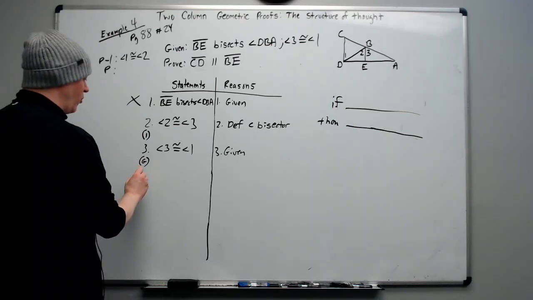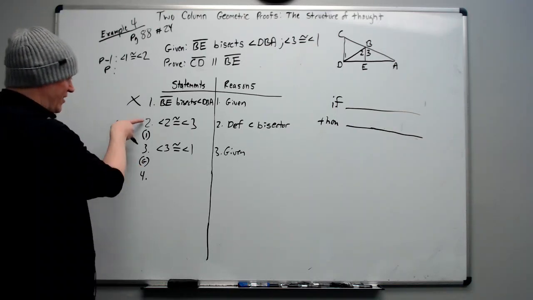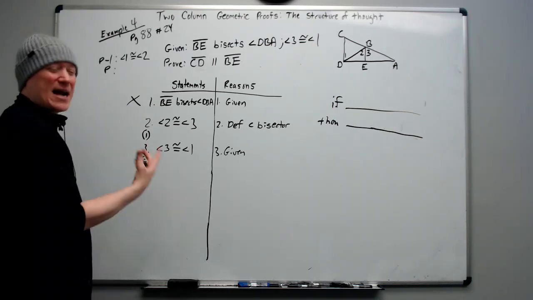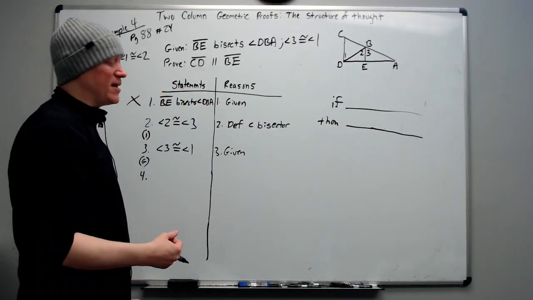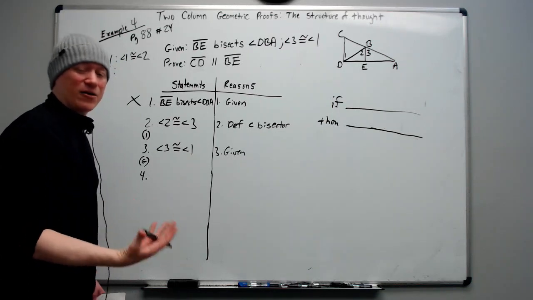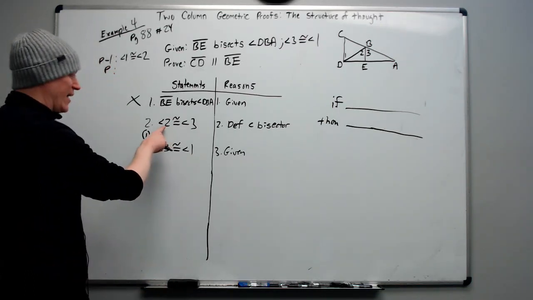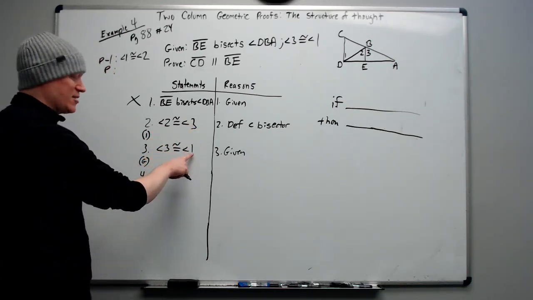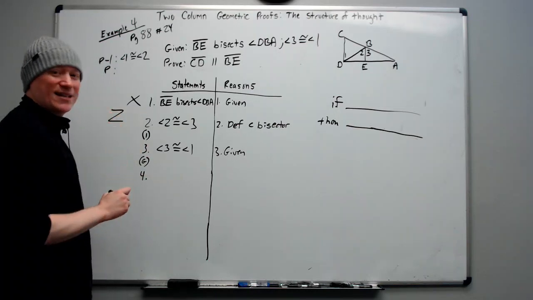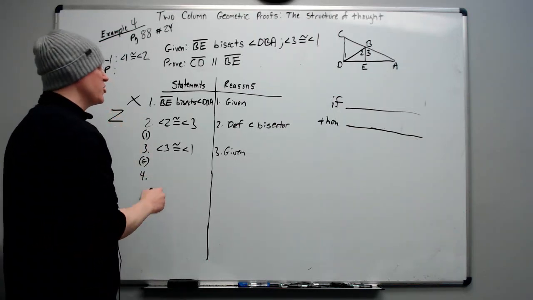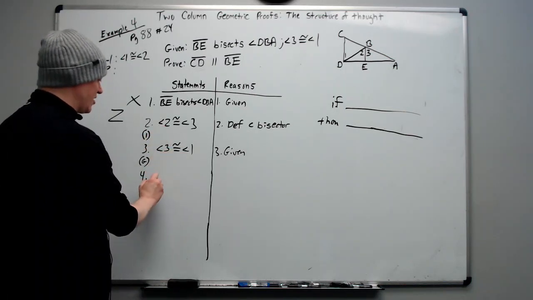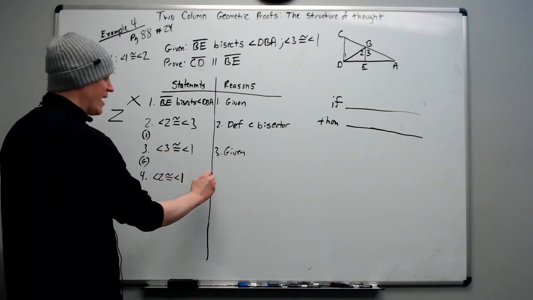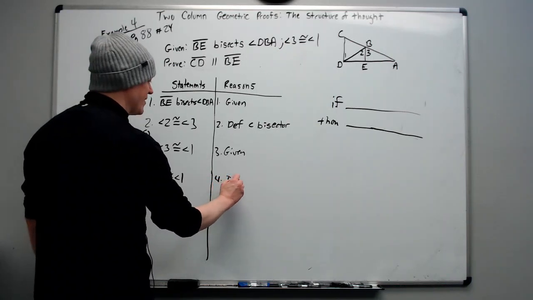So step 4, we have to now think about steps 2 and 3 have not been used in our collection of sequential if-then statements. So we should be thinking, how can I use them? Well, let's look at it. 2 to 3 to 3 to 1, that's like the transitive we talked about earlier. So we can use that right now. We can say angle 2 is congruent to angle 1, and the reason is transitive